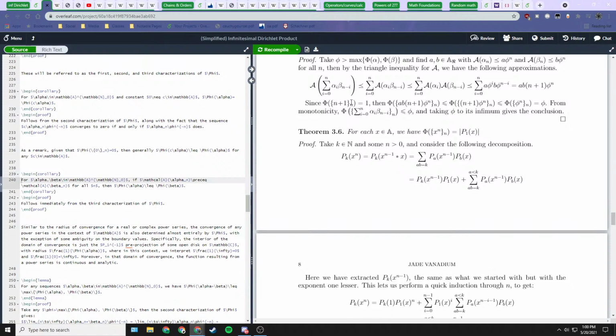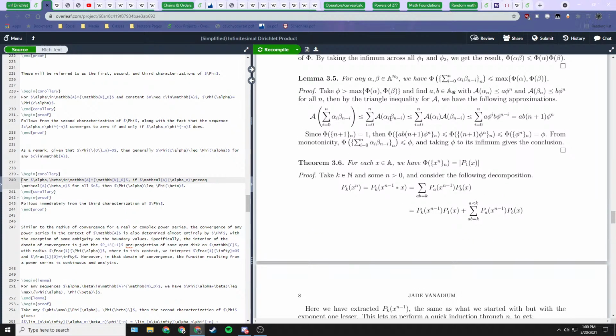So because we have this phi value is 1, we use the fact that when we have these coefficients in here, if we take the phi of some constants times some other expression, these constants don't really matter. If they're non-zero, then it's equivalent. If they're 0, then it's 0. And so we have this less than or equal to relation. So we just take these constants away, and we just get that the phi value of this is less than or equal to the phi value of this product, so n plus 1 times phi power n.